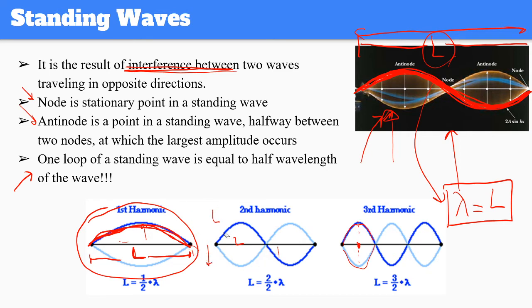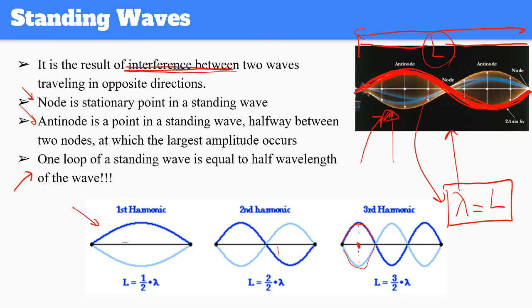Alright, so considering that, we are basically saying that one loop, those shapes are called loops. So one loop, this is going to be the rule, is always equal to half of the wavelength. So if you have two loops, this is basically one full wavelength. If you have three loops, you have one and a half wavelengths. Alright, so this is very important for standing waves to make calculations, because